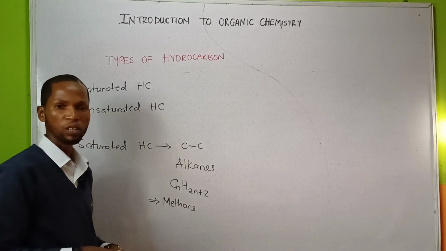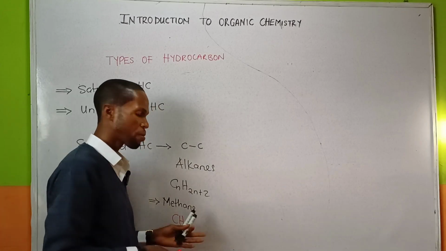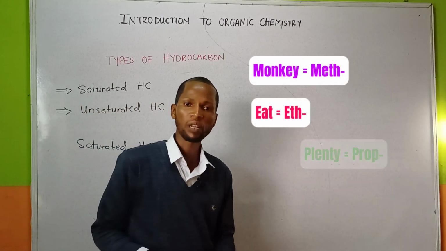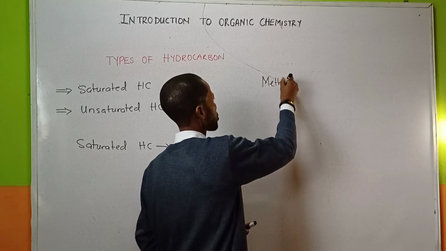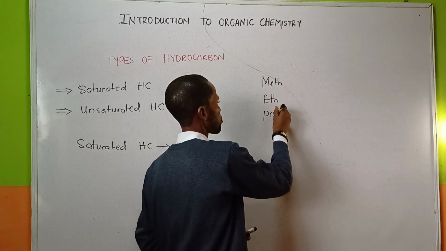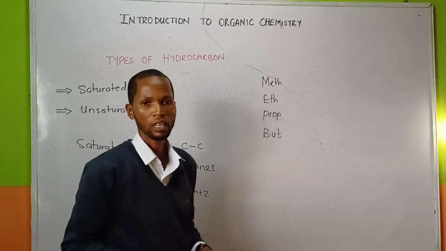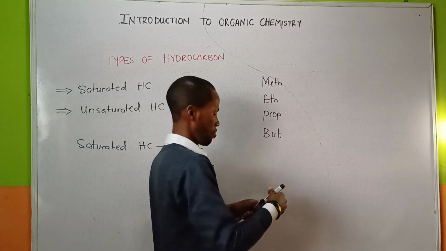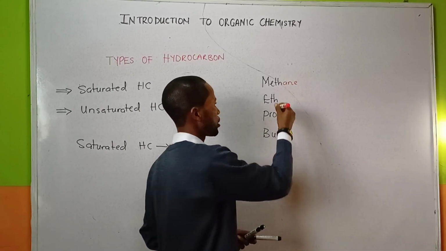Methane has the molecular formula CH4. Other members can be deduced from the mnemonic "monkey eats plenty banana": monkey, the first, which is meth; eats, eth; plenty, prop; banana, but. That's the roots. Since we are dealing with the alkane series, the first member, when we add ANE, is methane,